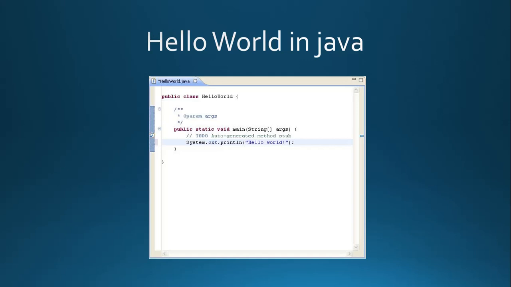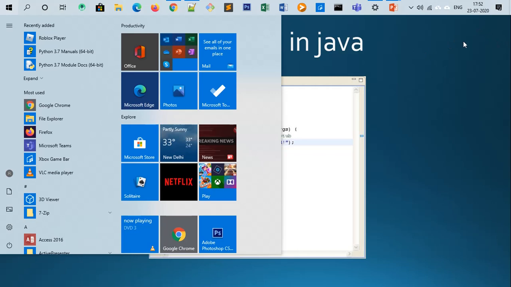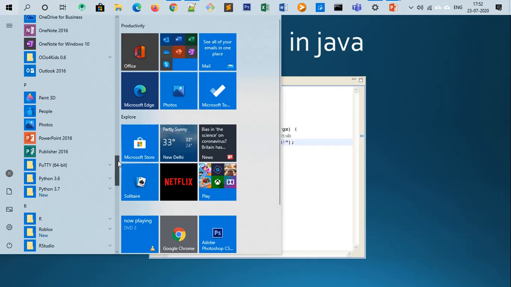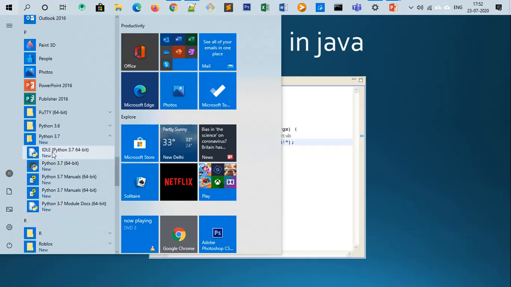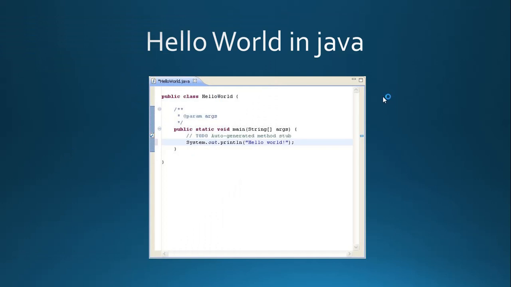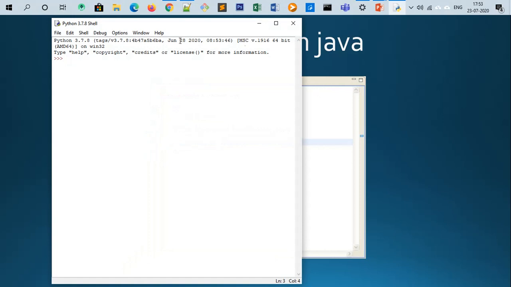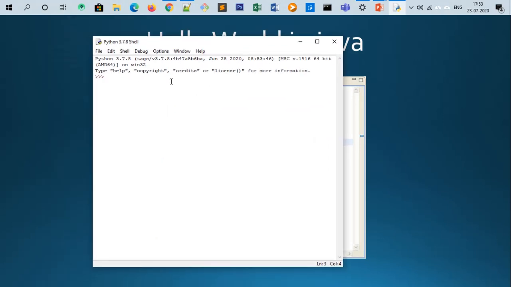So as we are just starting this course, there are a couple of ways to start in Python programming. So today we will just print the hello world on command line as well as Python integrated development environment. So to open Python IDLE, scroll to Python, and click on IDLE 3.7. It will open a default Python editor which I have installed with the Python. There it is. And if you need to do anything, you can type here.